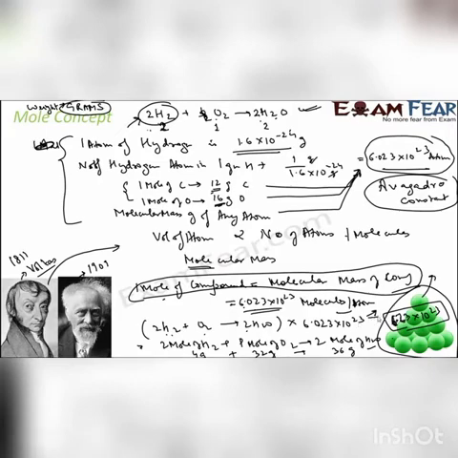If you talk about these many molecules of water, that becomes 1 mole of water. If you talk about these many molecules of oxygen, that becomes 1 mole of oxygen. These many molecules of hydrogen, that becomes 1 mole of hydrogen. These many molecules of carbon becomes 1 mole of carbon. Very good number, magical number, 6.023 into 10 to the power 23. Avogadro constant, a very important number in terms of chemistry. So these many molecules is nothing but 1 mole.